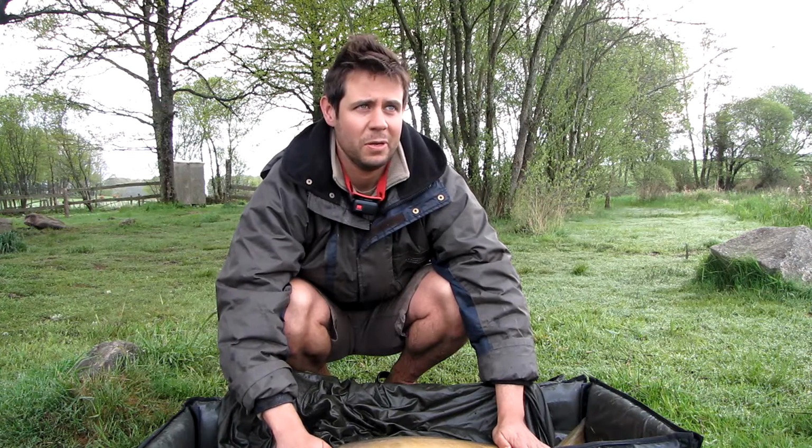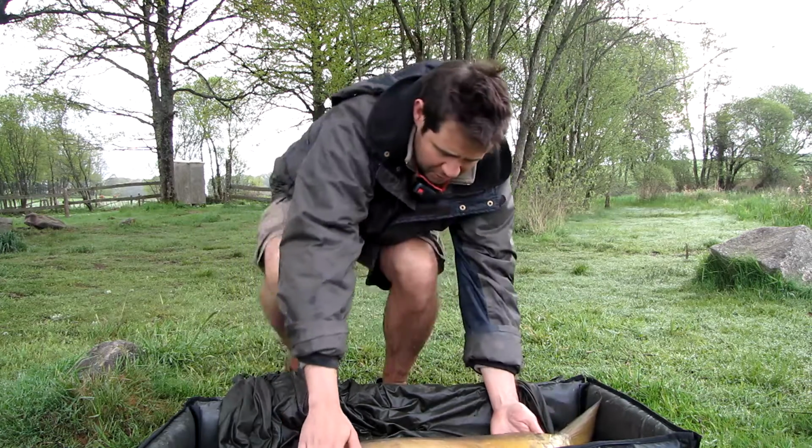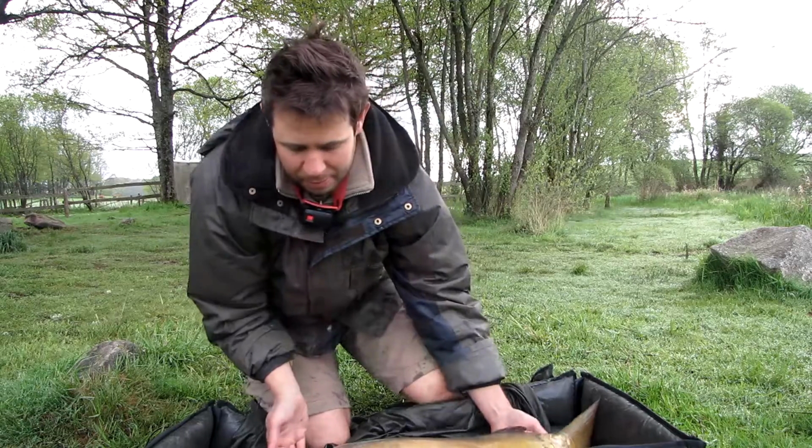Saw a couple of fish, so I stuck out with the stick, probably about 2.5 kilos of live system. It was one of those places where it looked like it wanted a little bit of bait, and I had a brace of 20s. Alright, not massive carp, but